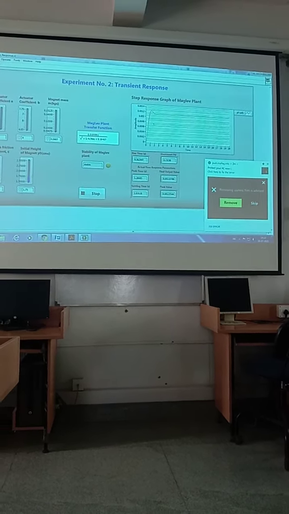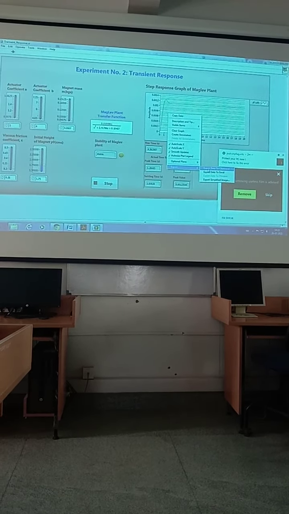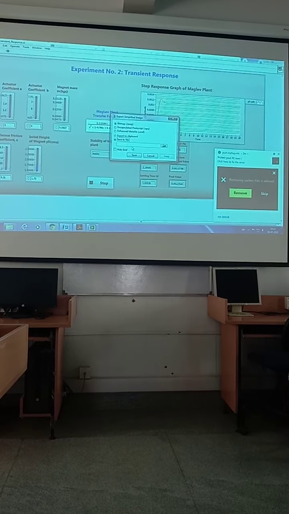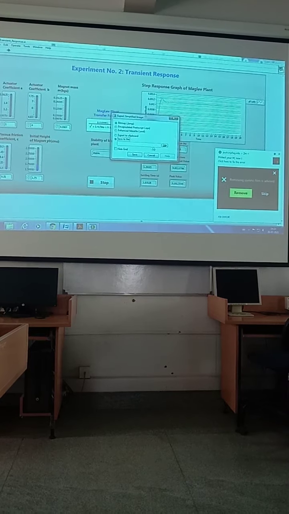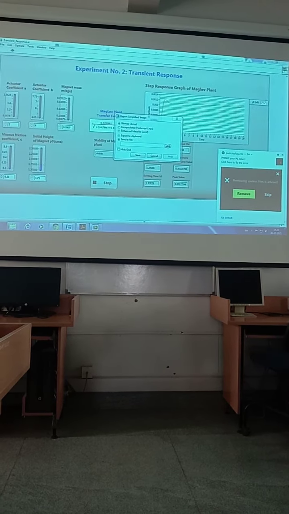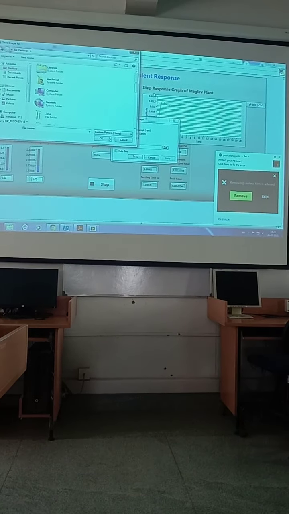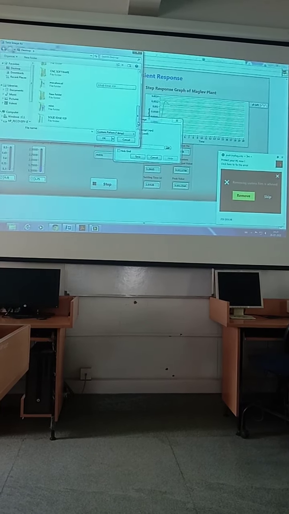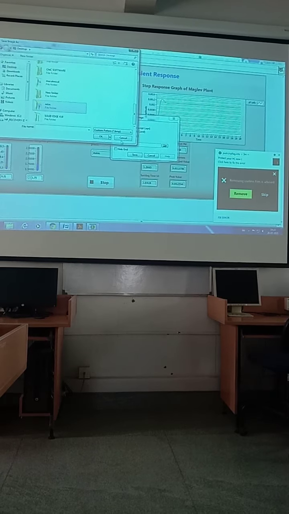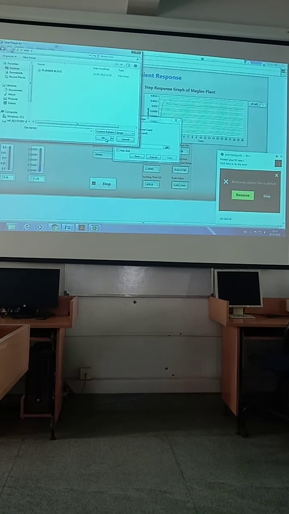For that, go and click on the graph, then export simplified image, and save to file in any folder. If you show the folder, see, on the desktop, Nitin is there. Save that.